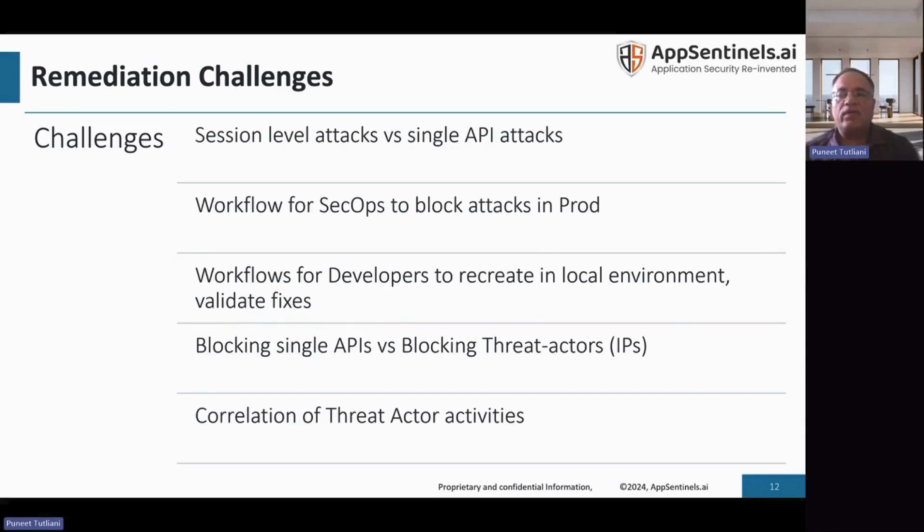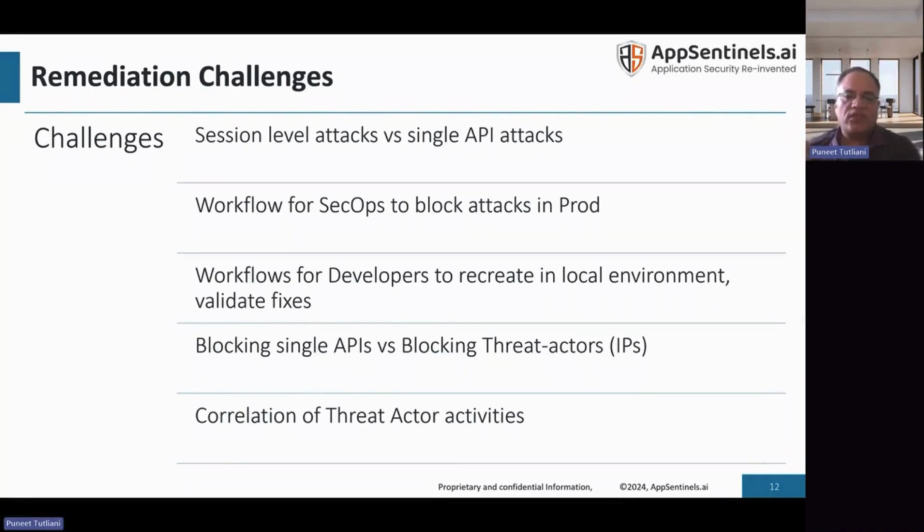Then when you think of API attacks, you want to block single APIs, or you want to block the threat actor or the IP address or the user which is responsible for such attacks. It's a very important call. Our general recommendation is that instead of blocking a single API, which could be machine to machine or a human to machine, it's too complicated, can expose security practitioners to undue risk with respect to their business continuity. So it's always better that you look at blocking the users or the threat actors or the IPs that are